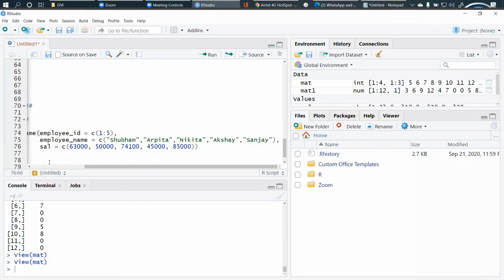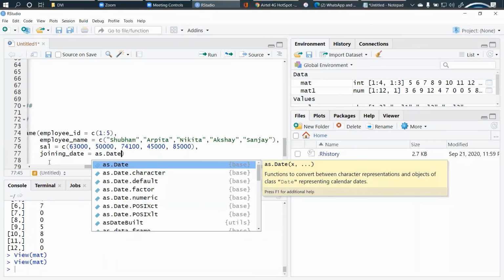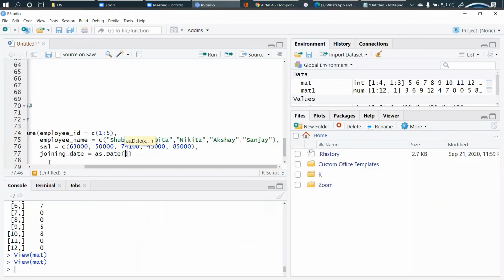So 5 salaries entered. Then according to their joining date, right? There's a specific format you can write it as, as.Date. So this is the format of how you write dates.